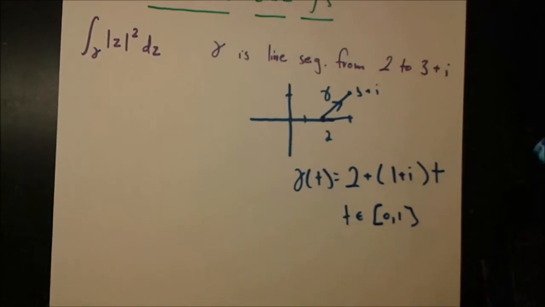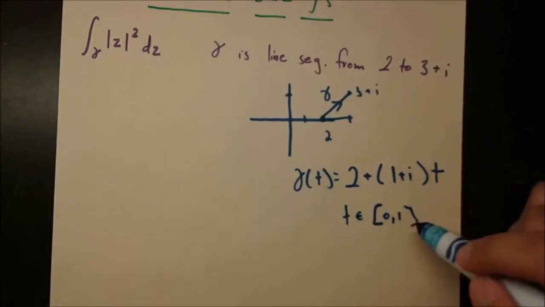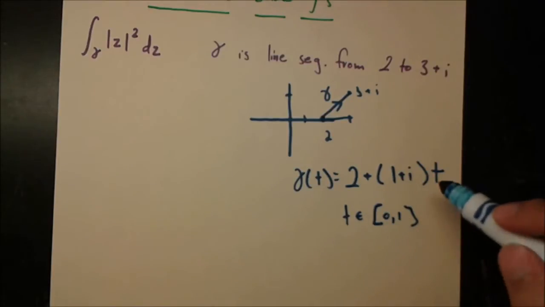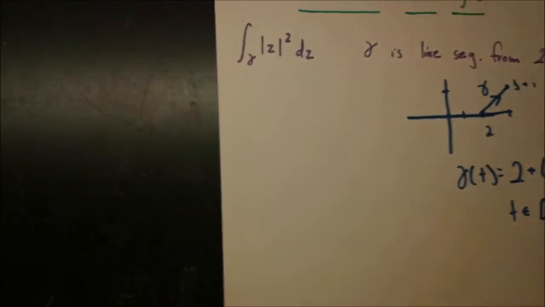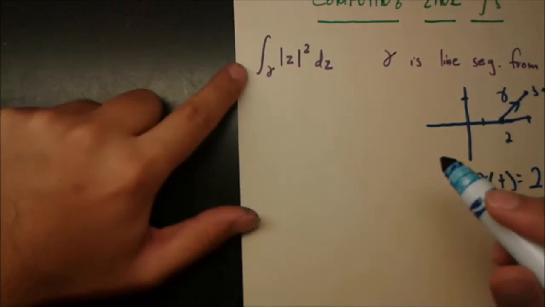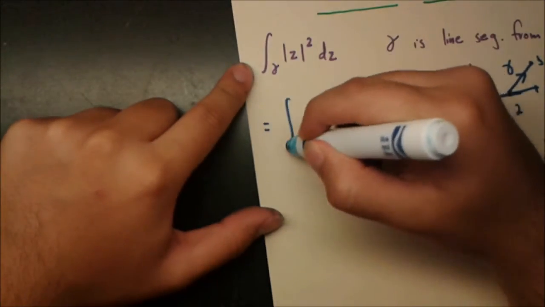So quick check, this works, right? Because if we plug in 0 for t, we get 2. If we plug in 1, we get 3 plus i. So this will work. Now, the other thing we learned about line integrals is that this is equivalent to the